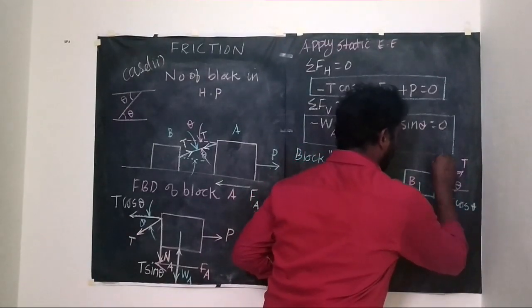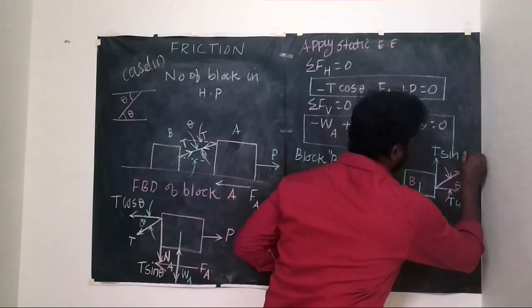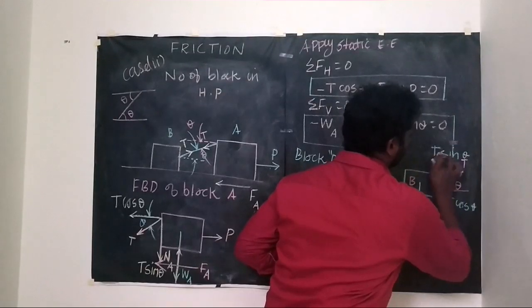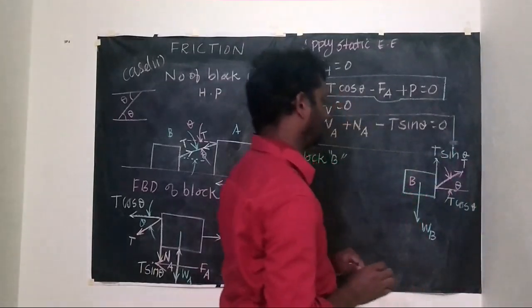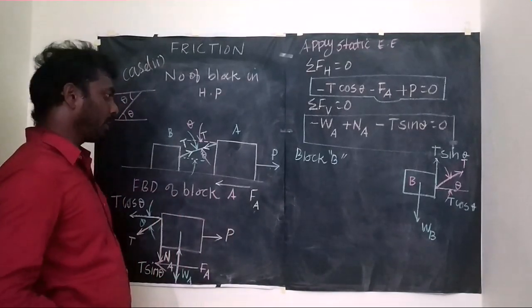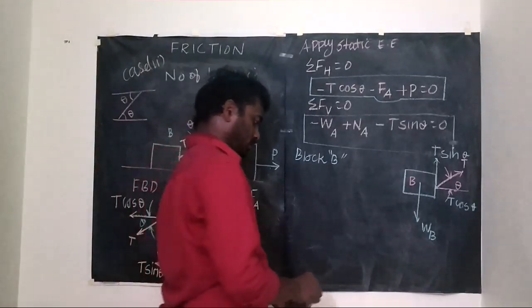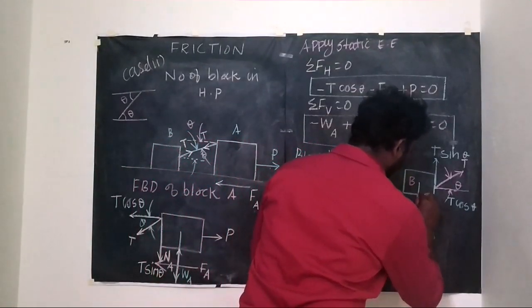Then a vertical component T sin theta. Then this horizontal plane exerts some normal reaction force on block B for its equilibrium position. So this is my normal reaction force